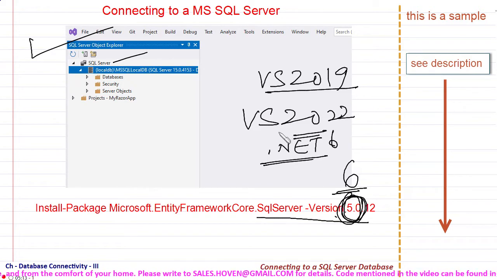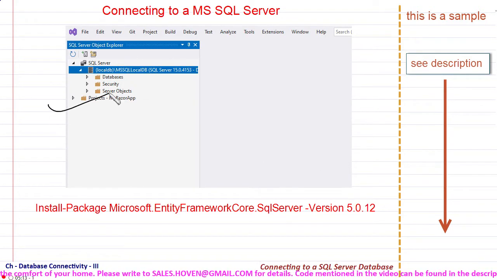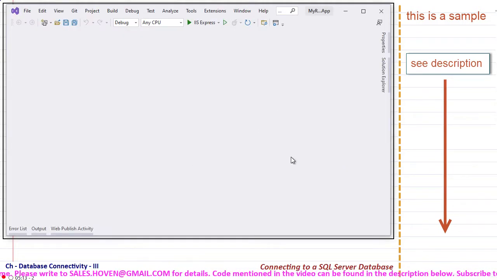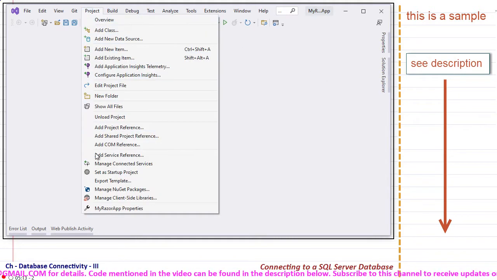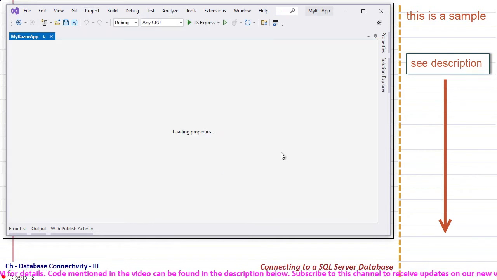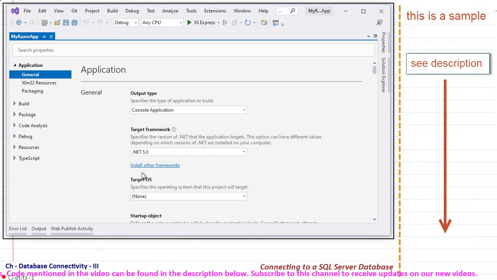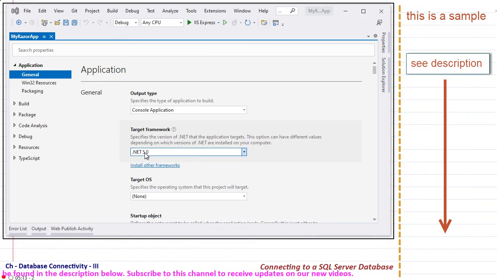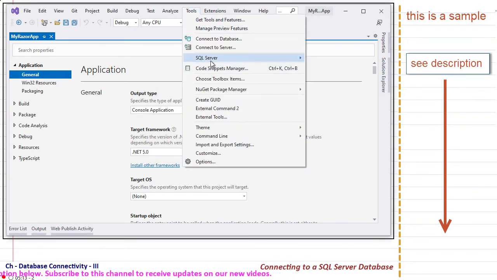So let us now have a look at the project and go through all these steps so that we understand how this can be done. This is a simple project that I have created, and let me first of all start with project properties. And here we can see that this is compiled for .NET, targeted for .NET 5.0. So this we will keep in mind, and let us start by configuring